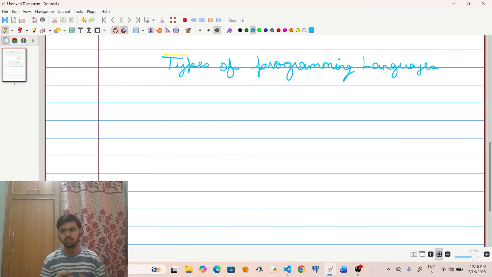But we cannot use that particular language to communicate with the computer. So, to solve that problem, over different years, many programming languages were made, starting with the oldest one, the machine language, which consisted of zeros and ones, the binary numbers.